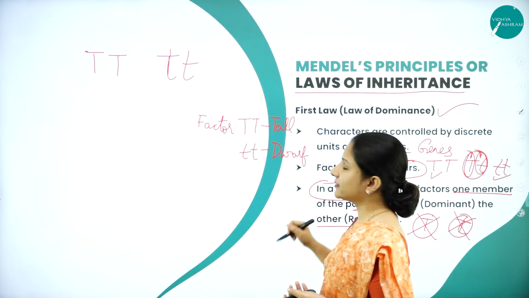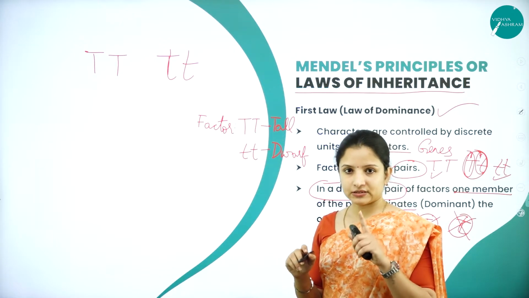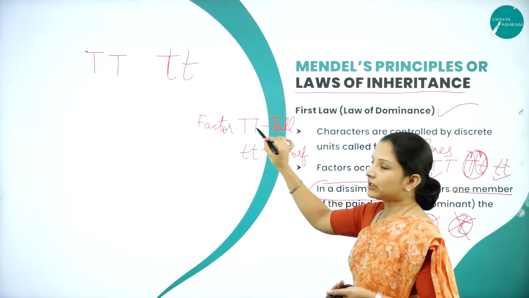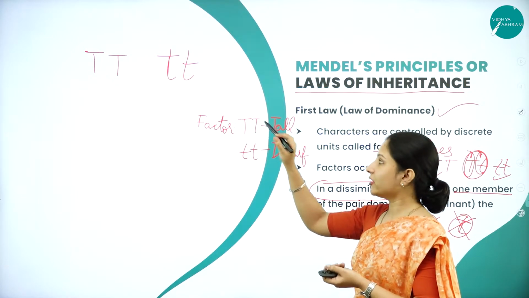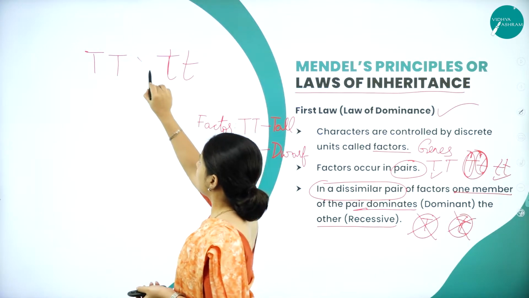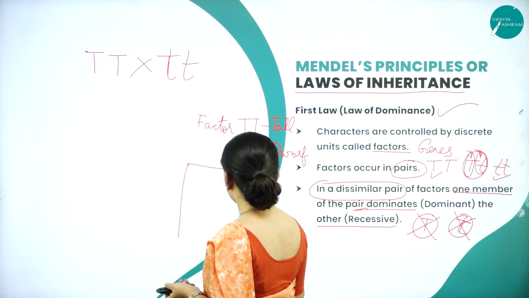And what did Mendel say according to his law? They can never occur singly. They are always in pairs. That is why we write two alleles here or two factors here. The factors always occur in pairs. So what he did when he made a cross, by putting the Punnett square, we can find that